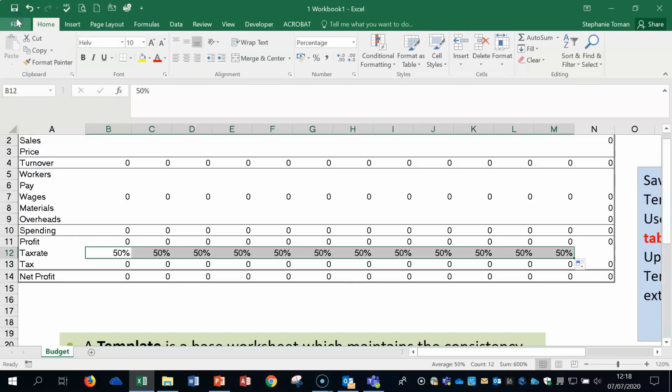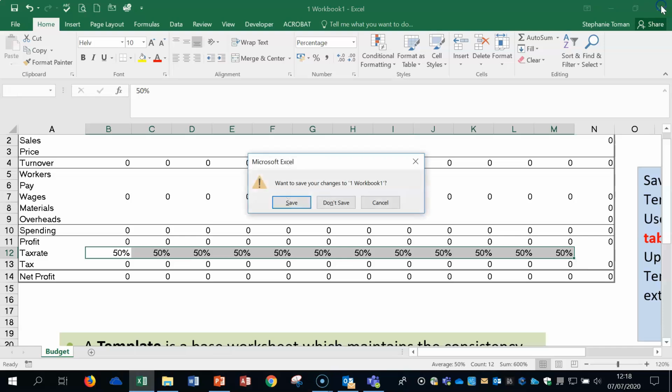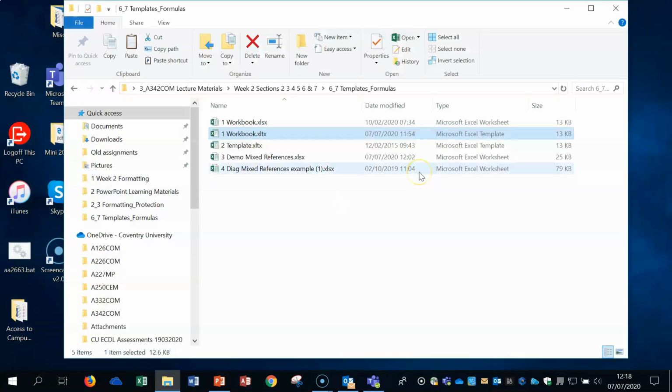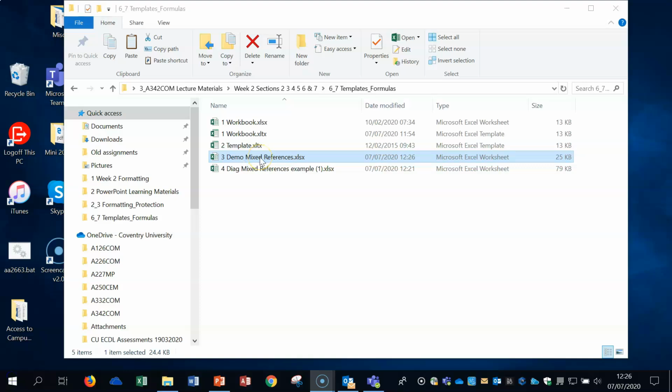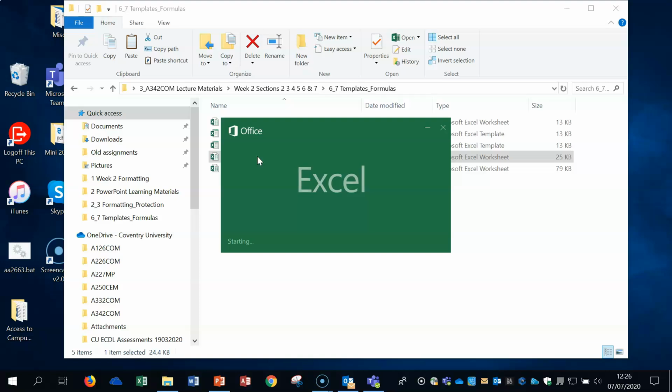Other than that, there's really not much more to it. So I'm not going to hang about on that. You've got a template there, you've got a workbook, you can have a little play around with those to make sure that you get a gist of it. It's pretty straightforward. So, demo mixed cell references folder, let's open that up